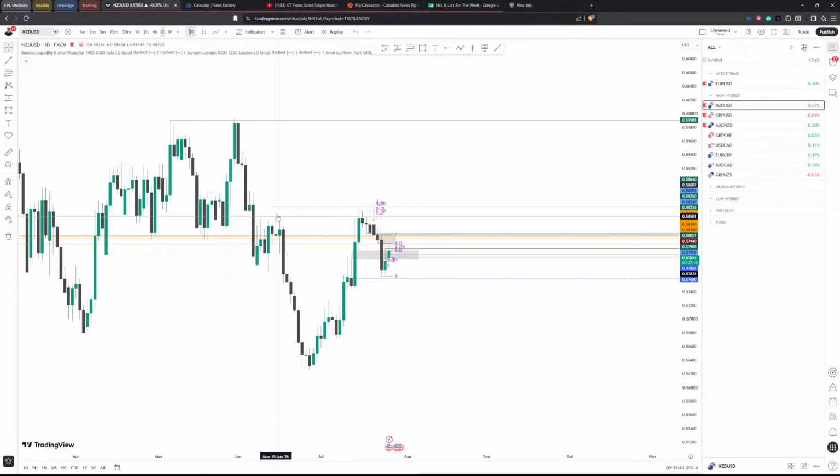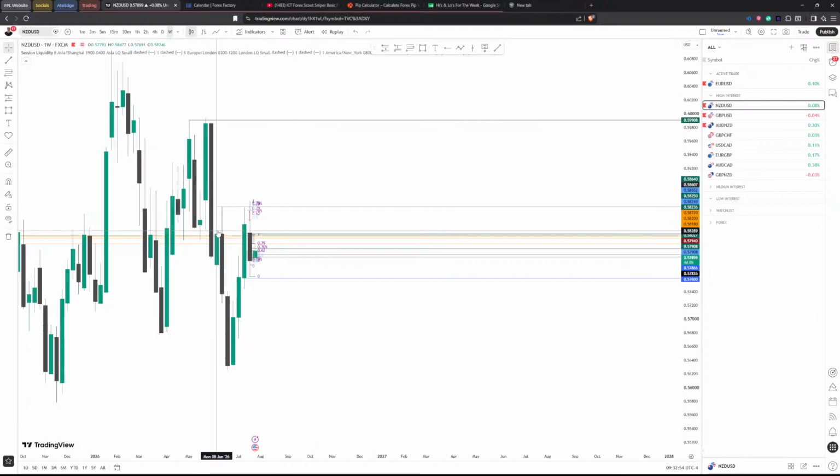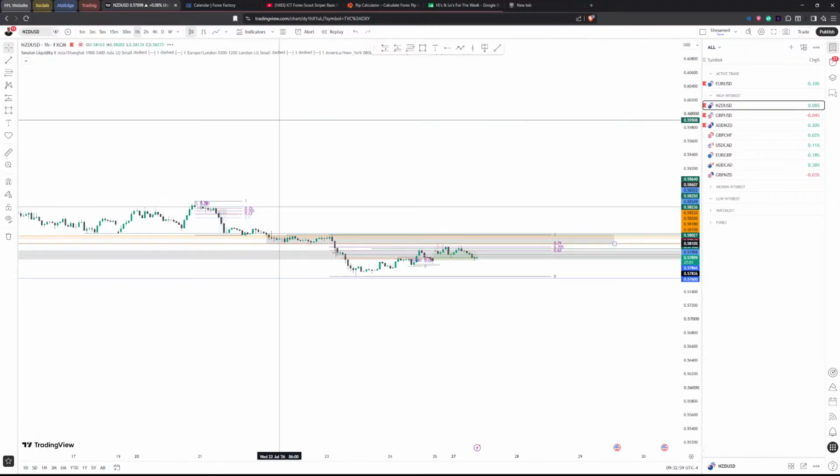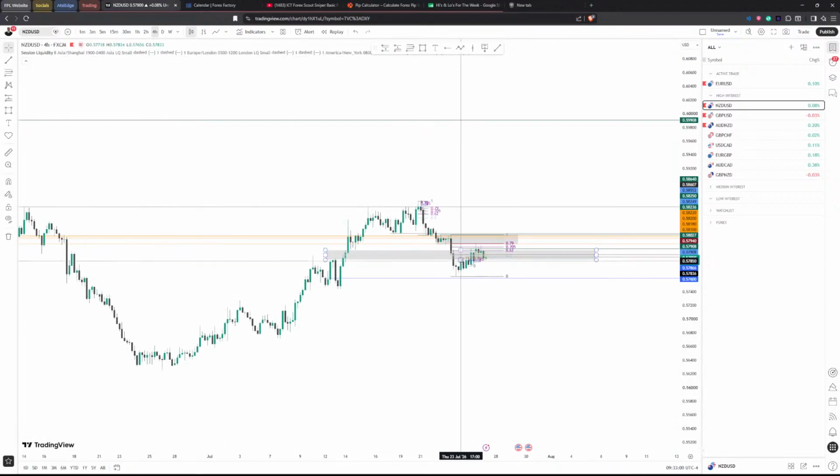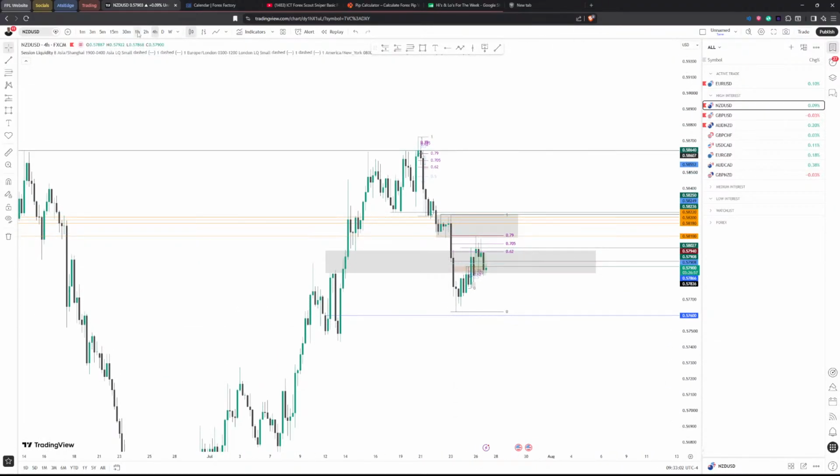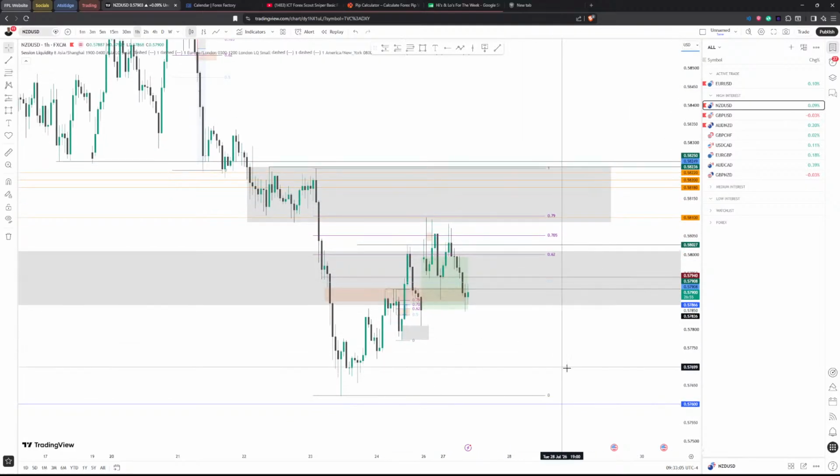You also have structure on your side. This swing high swept, didn't get taken out, but it swept this high. As in, we didn't close above the high, we just swept above it. And we have this bearish structure idea here. You then also have on smaller time frames, that fair value gap is also present in multiple time frames.